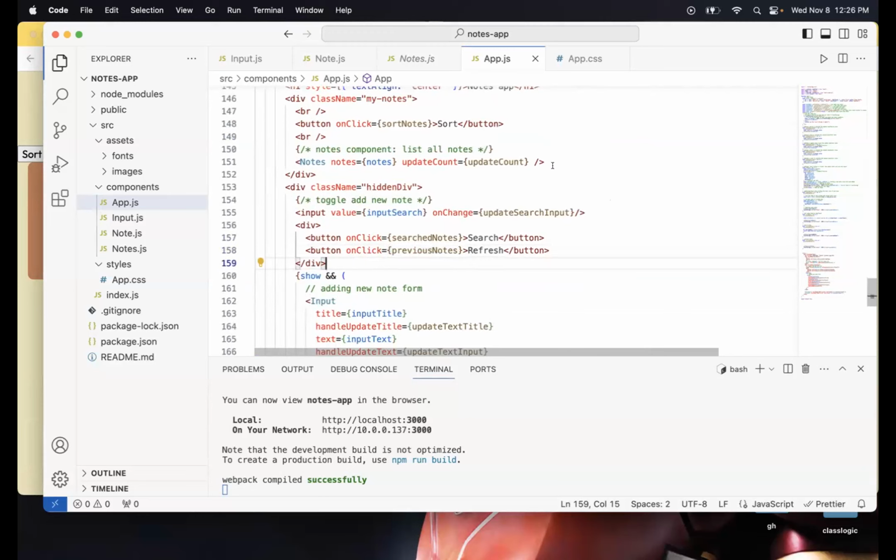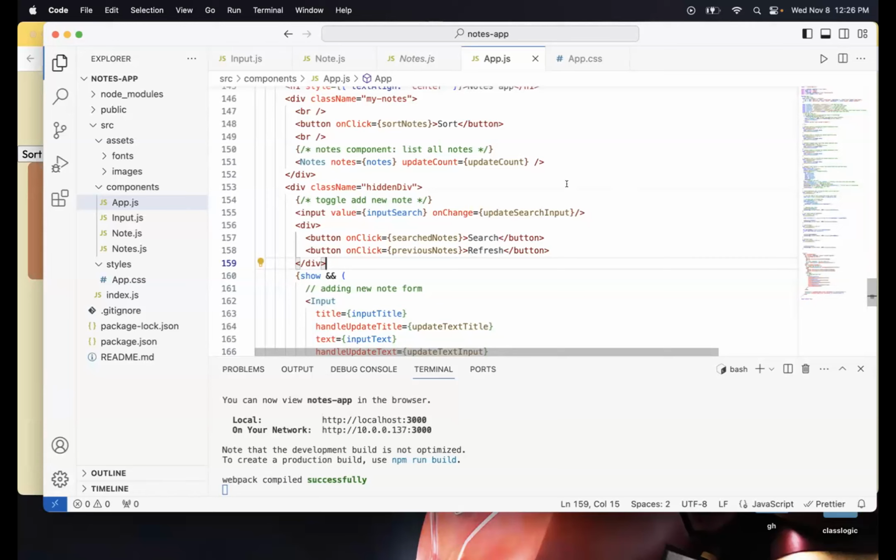It's like backup. Because since we are changing the main notes over here, I'm pretty sure there's probably other ways you could do that. But since I'm changing the notes state itself, or the notes variable itself, I have to have a backup so that I can revert back to it, right?